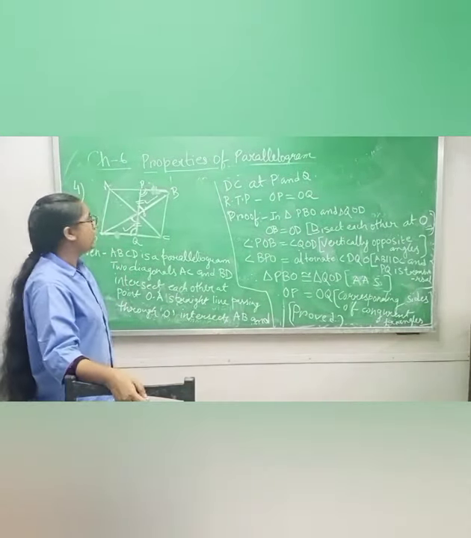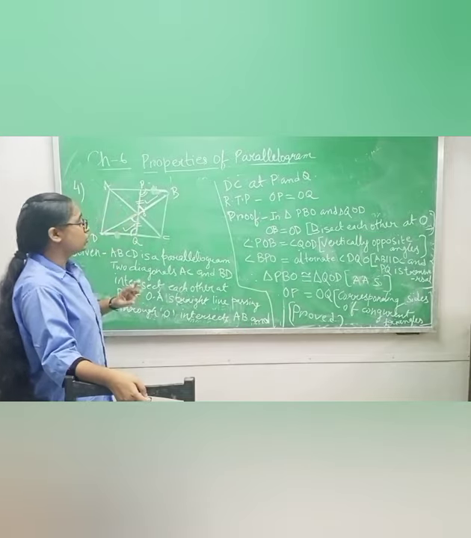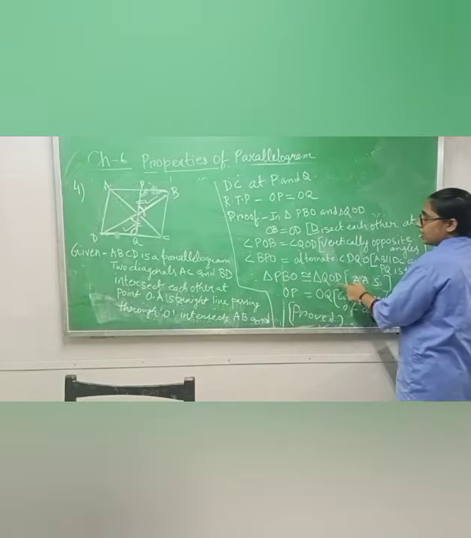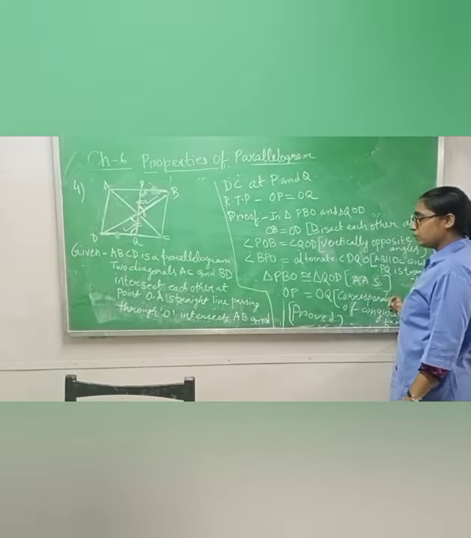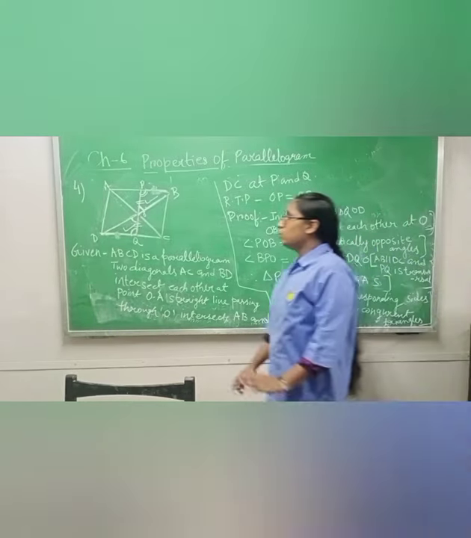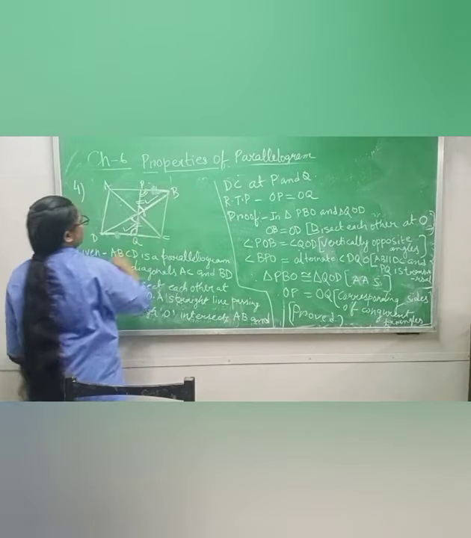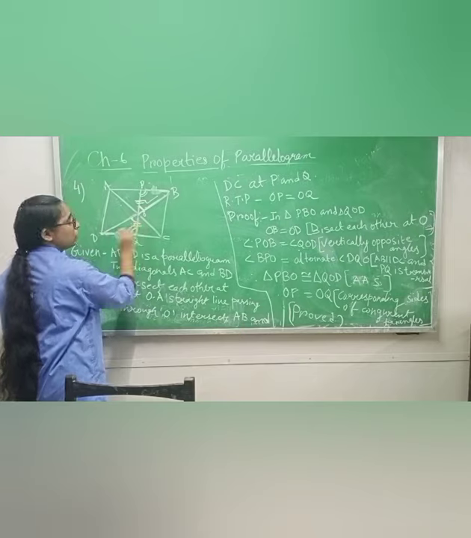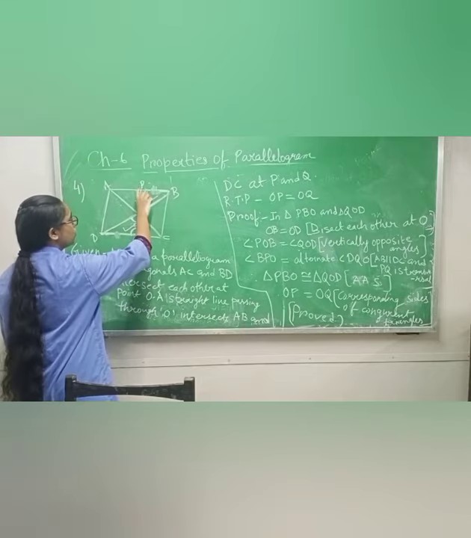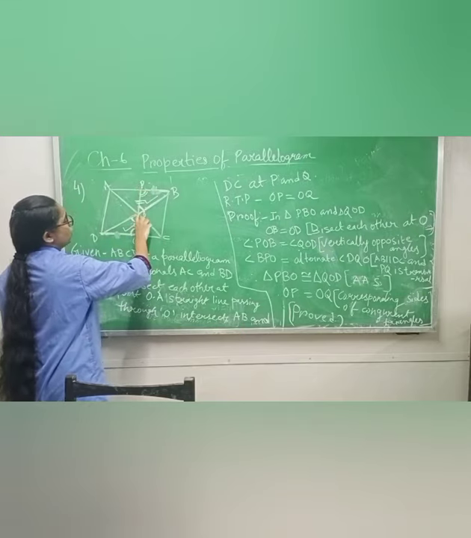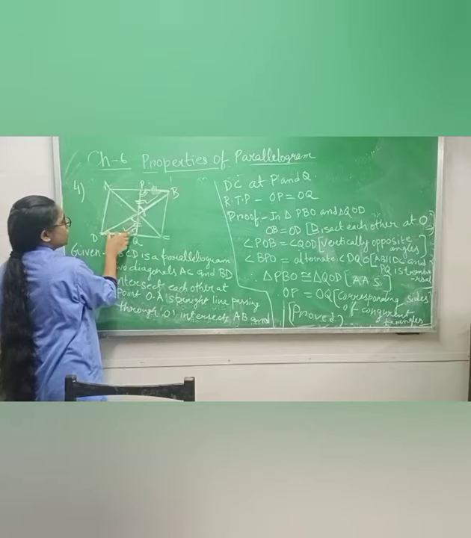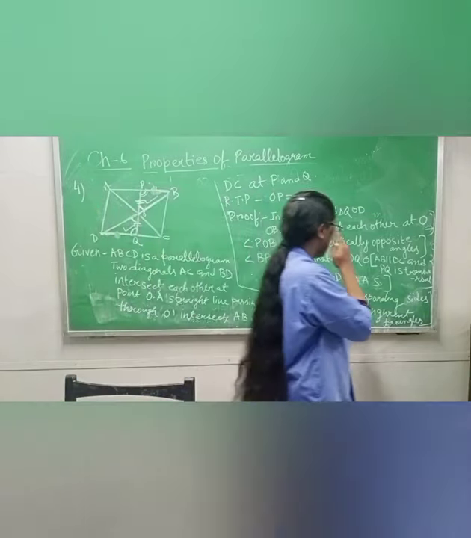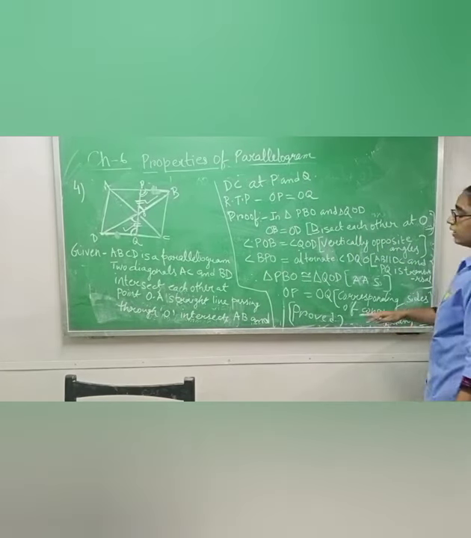That is why. If you are proving that one side and two angles are equal, it means that the two triangles are congruent, angle side angle property. If you can prove this, then what is the rest? Tell me. The rest are sides, this one and this one both are equal. They are telling us only to prove PO equals OQ. They are not telling us to prove PB equals DQ. That is why I am not writing it. Only I am writing OP equals OQ, corresponding sides of congruent triangles.